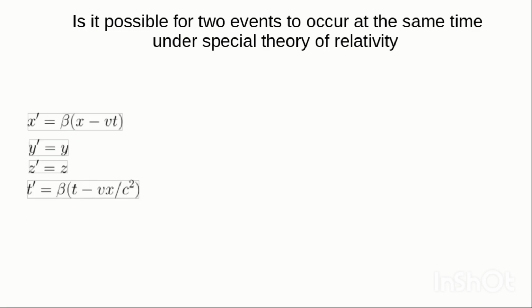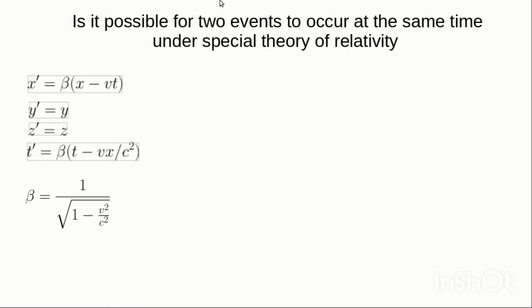In this video, we are going to be looking at the possibility of two events happening at the same time under the special theory of relativity. So let's dive in. The equation we are going to be using is given as the Lorentz transformation equation, and